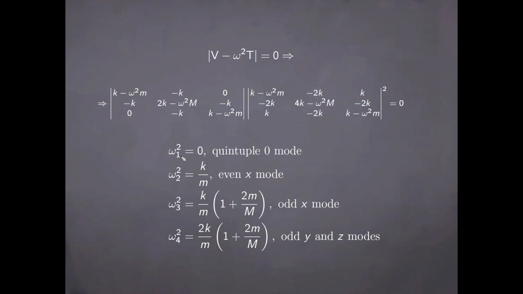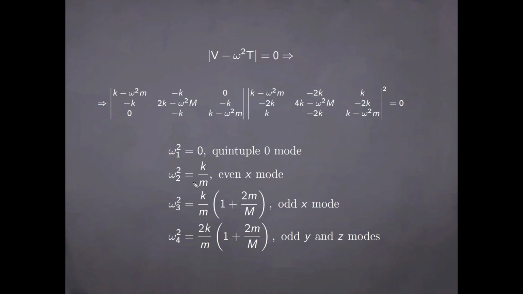resonant frequencies. So omega 1 squared is equal to 0, which turns out to be a quintuple zero mode. We have 5 zero modes, 3 of them corresponding to translations along the x, y, and z axes, and 2 of them corresponding to rotations about the y and z axis respectively. We do not have a zero mode corresponding to a rotation about the x-axis, because this would not make sense for a linear molecule oriented in that direction. So these are the 5 zero modes,